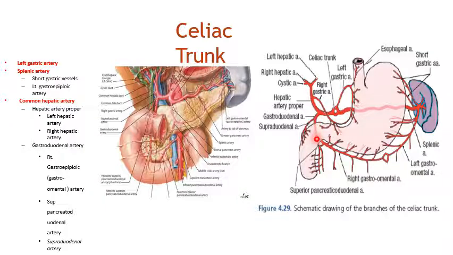Then this gastroduodenal artery, it runs downward and behind the first part of the duodenum. See, this is the first part. उसके behind ये run कर रही है. Then it divides at the lower border. This is the lower border of the first part. यहाँ पर ये divide कर रही है into the right gastroepiploic and superior pancreatico-duodenal. ये this is the right gastroepiploic and this is the superior pancreatico-duodenal.